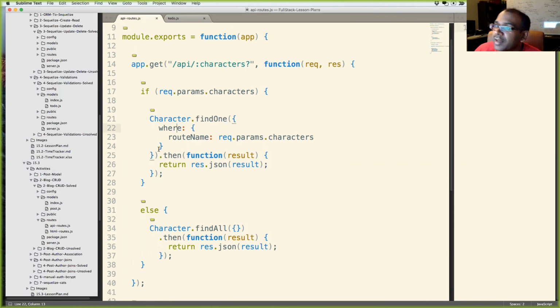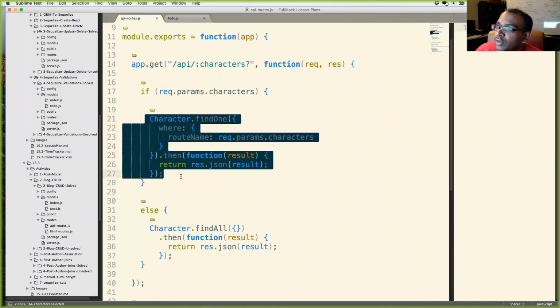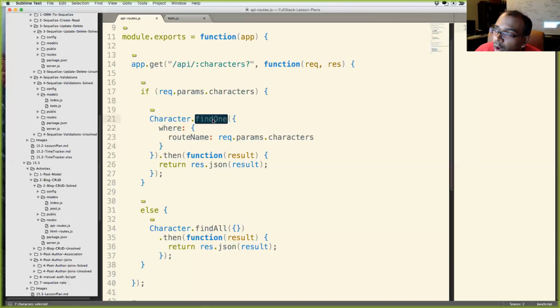But before that, over here, this is an example where we're not using find all, we're using find one. Find all will return an array in the result, whereas find one will return an object, one record. And so over here we're saying find one where the route name is rec.params.characters.